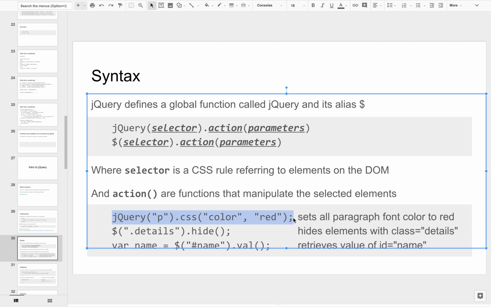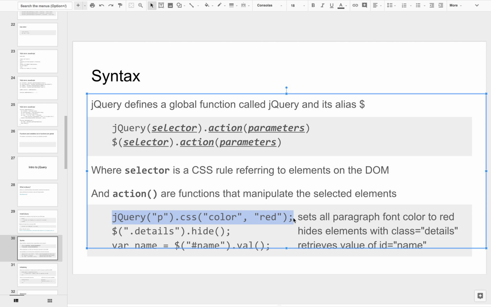So from my JavaScript, I can just say, grab me all the P's, all the paragraphs, all the elements whose name is P, and then here is the operation that I want to do. And what does this do? Like the name suggests, I am modifying its CSS, its style. I want to change the CSS attribute color to red. And lo and behold, it changes it to red. Good.